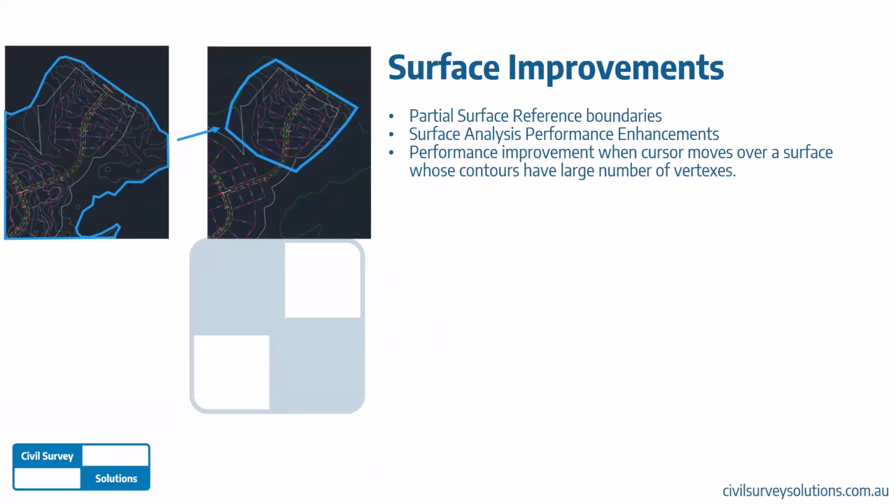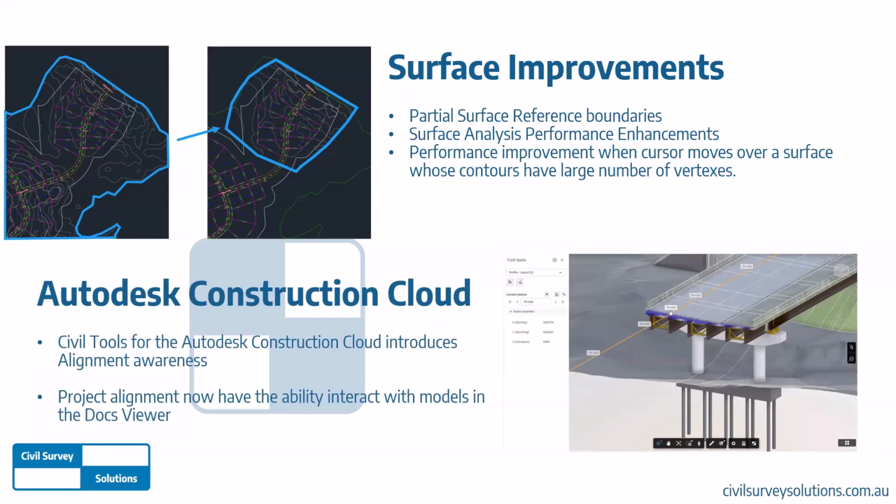Let's go. So another improvement in the cloud aspect. In the construction cloud, there's now an enhancement to the civil tools in the Autodesk Construction Cloud. It introduces the awareness of the alignment to the project. So that means that basically, like the little picture over here shows, I can have an alignment that might represent a road that I'm playing with, and that alignment will have awareness of other objects that are sitting in the Docs viewer. So that could be things coming from Inventor or Revit or something like that. So it actually allows you to interact with the other parts of the model. So if you're ever needing to do that sort of stuff, it'll begin to give you a bit more information in regards to your